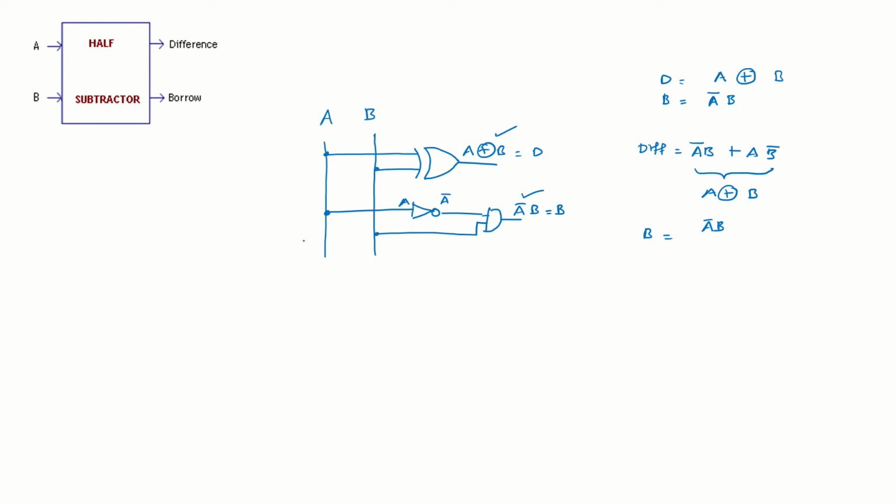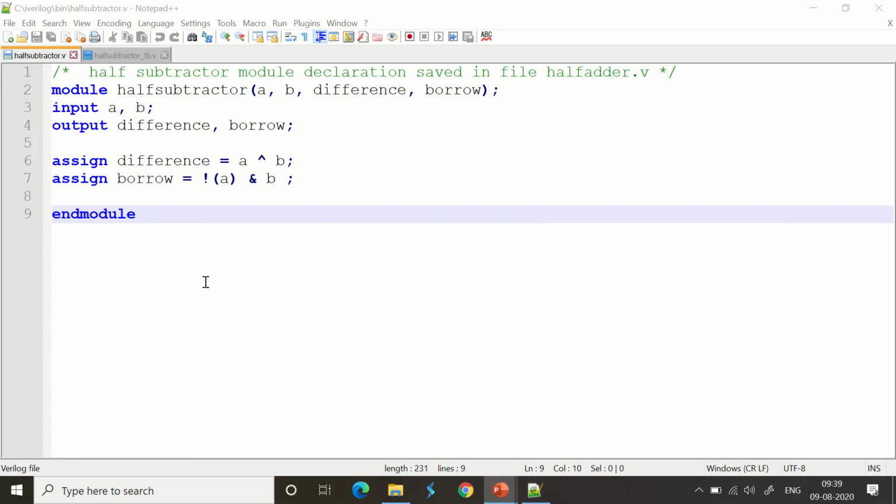Now it is very important for us to implement this in Verilog. That's what I'm going to do right now. In the next couple of minutes, you will see the way the code has been written, and it's very easy. There is no difficulty in understanding this code as well. So as usual, we need a code for building the logic circuit and then to test it.